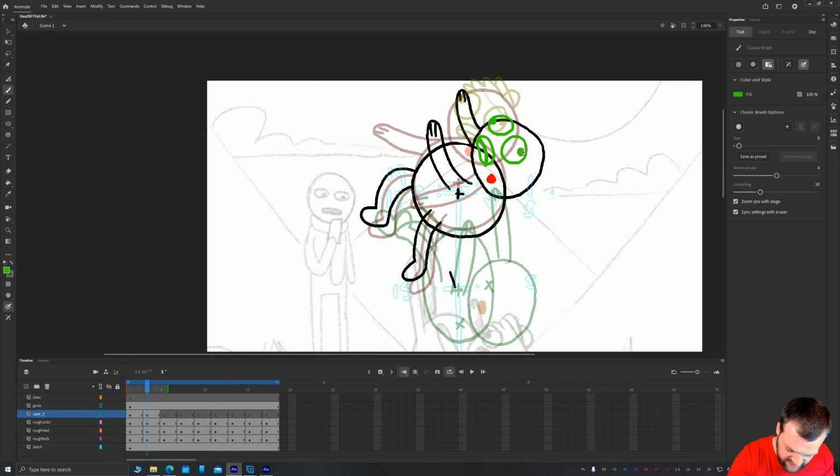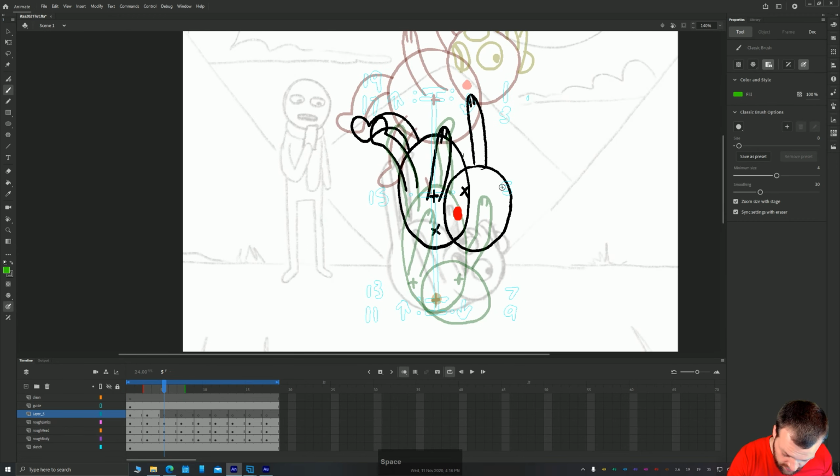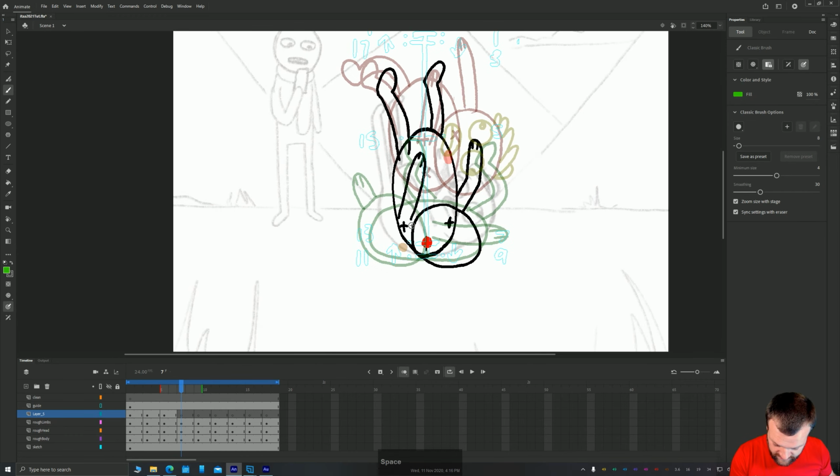As the head rotates, obviously so will its features, and you need to make sure that you're rotating those features with it. Also that they're not growing and shrinking too much, but also most importantly that you add in the emotion here. Okay, so I've got the cross-eyed to make him look really confused, but at the same time, as he hits the floor here, his eyes should almost certainly squint shut and his mouth would turn into like a grimace of